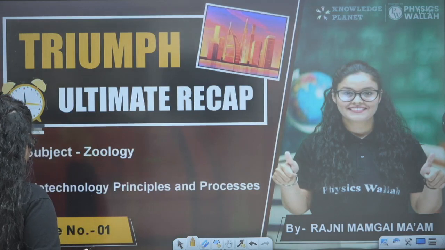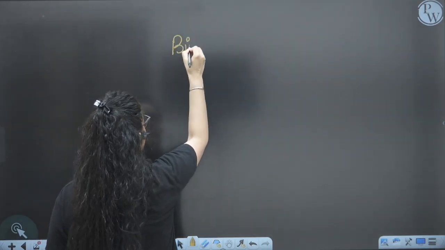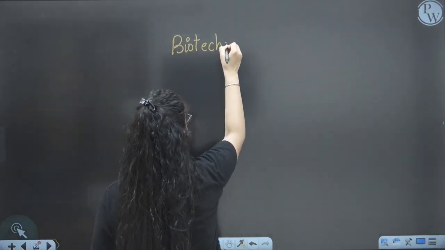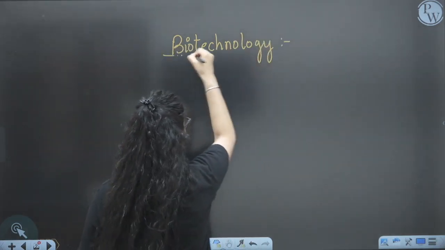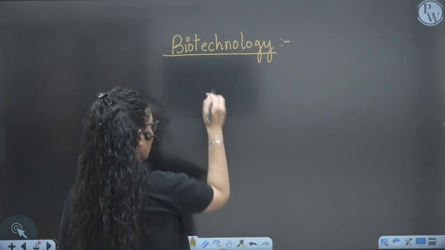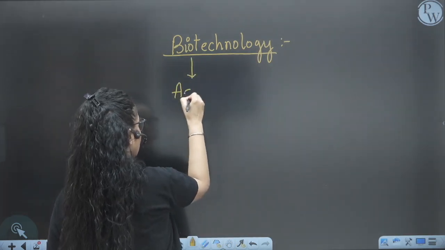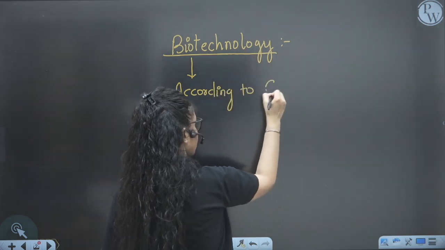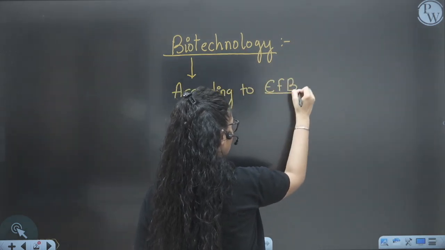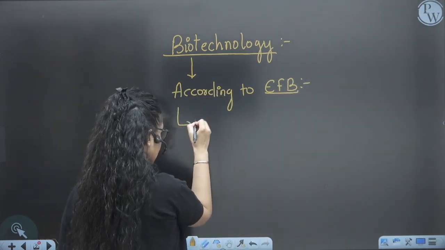So let's proceed with the chapter Biotechnology: Principles and Processes. According to the European Federation of Biotechnology, they have defined biotechnology beautifully. In biotechnology, we are using the products of microorganisms for our benefit, right? You have to remember this definition. According to the European Federation of Biotechnology, they have defined biotechnology that it is